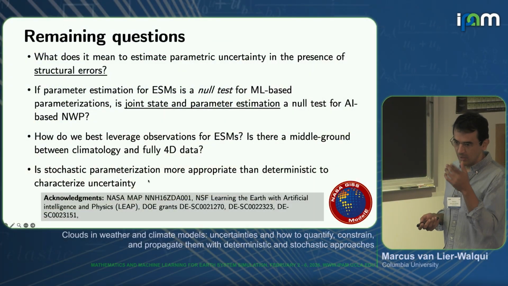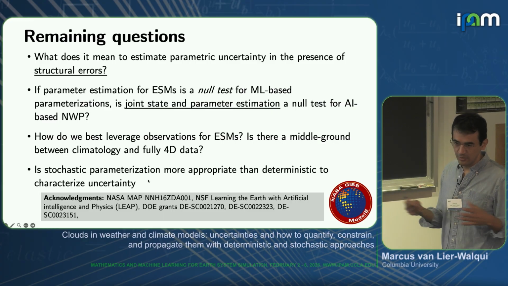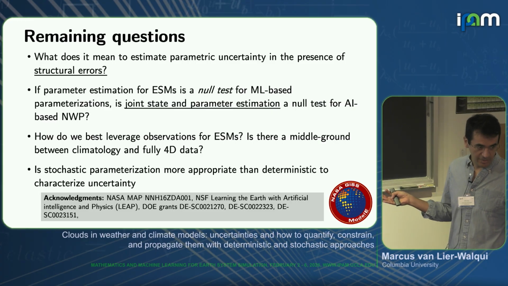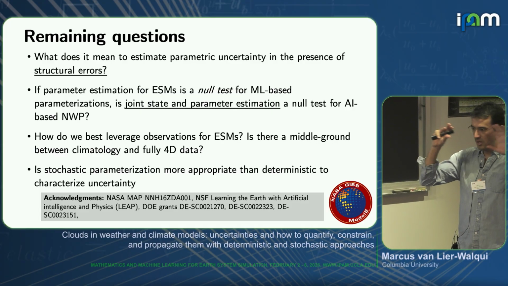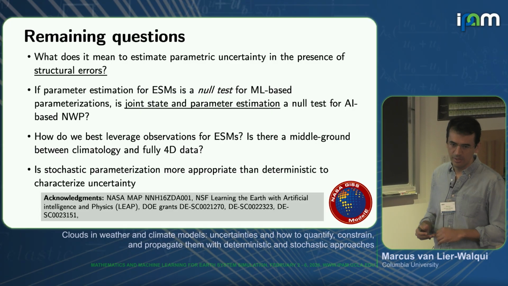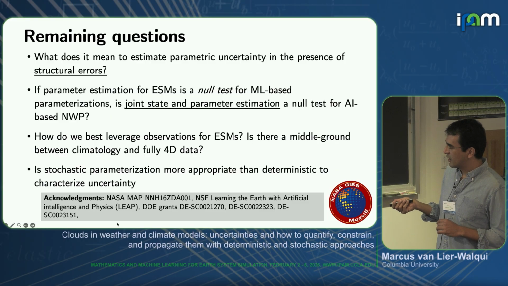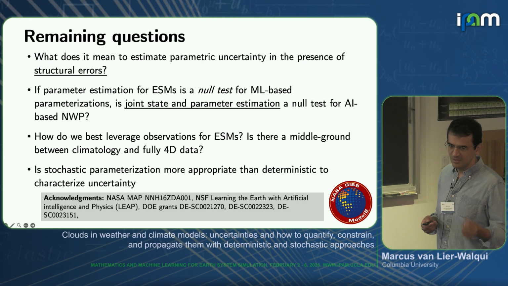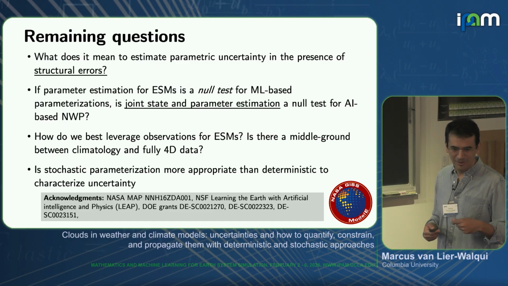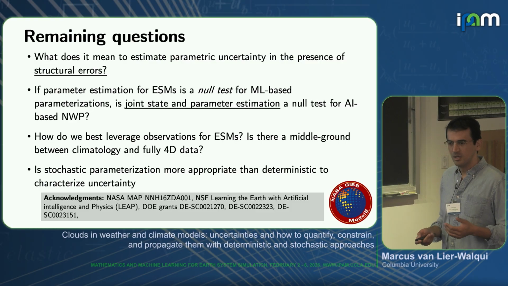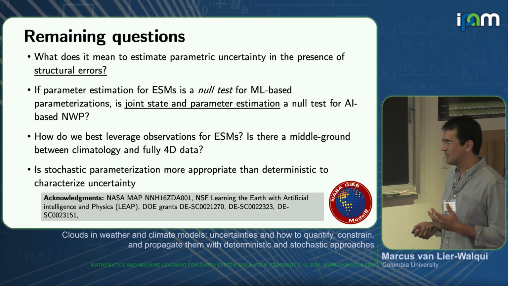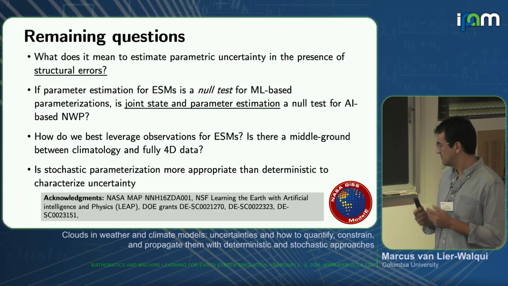This is the question that came up earlier. Is there a middle ground between doing climatology, just averages and stuff like that, and full 4D data? There's a lot of data we throw out when we look at averages, but how much should we throw out? And then the one thing I didn't talk about, which is in the abstract, is stochastic parameterization. We're not wrong in the same way everywhere at every time. We're wrong in different ways in different places. So if we really want to talk about characterizing the ways in which our models are wrong, does it make sense to do that deterministically? Maybe not. And I'll end it there.